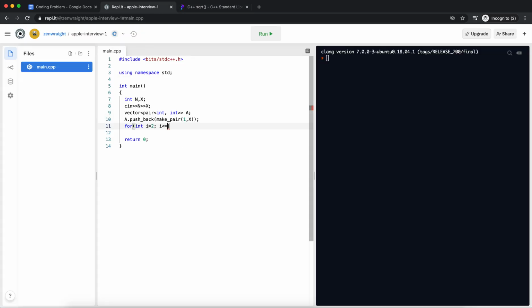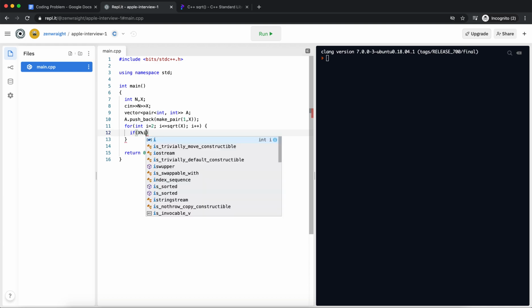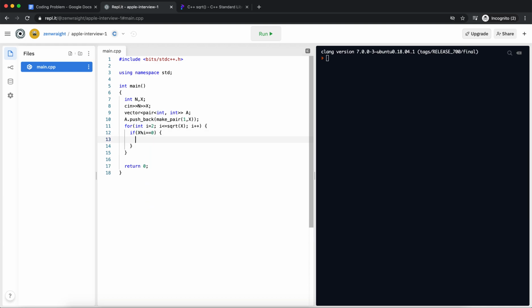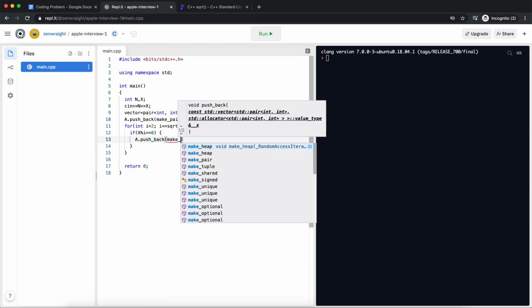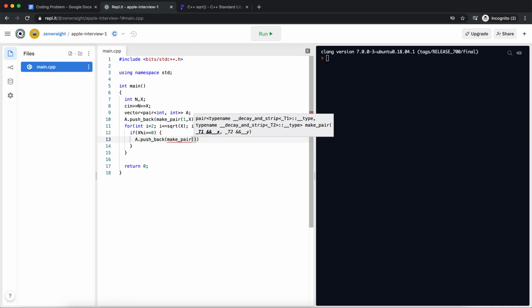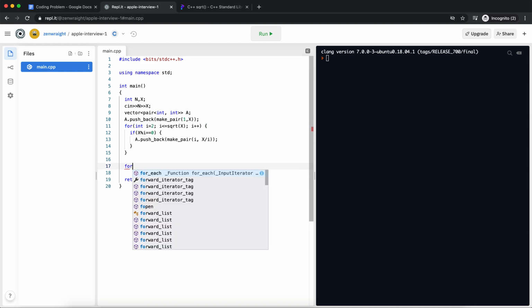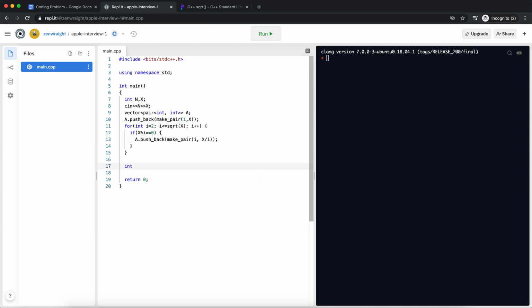Sqrt x, okay. Sqrt, we push_back make_pair i comma x divided by i, right? And simply after this is done, I just loop through. I keep my count equal to 0, and I just loop over the vector,